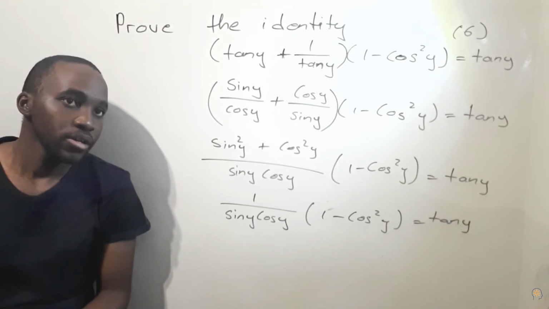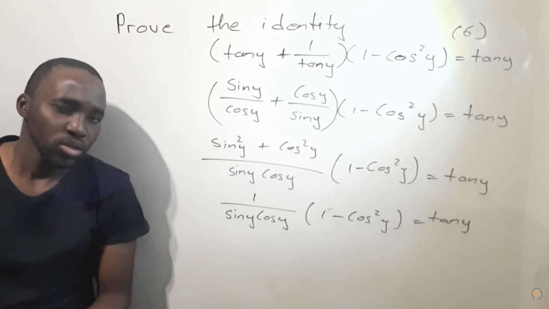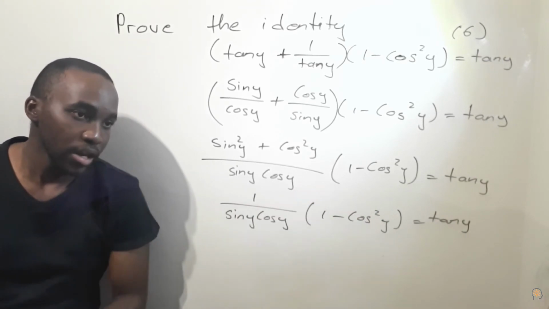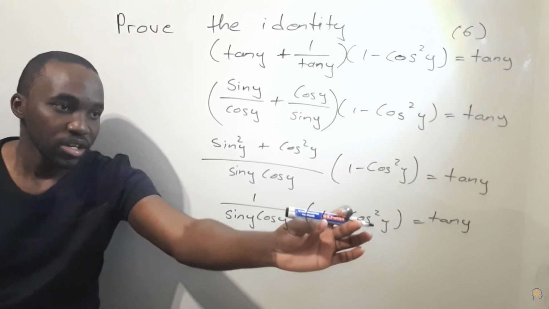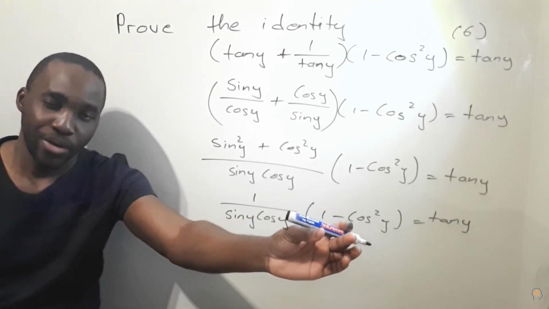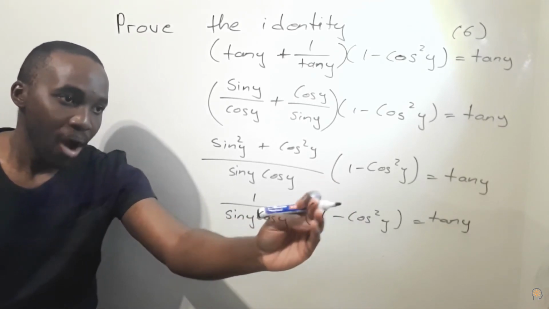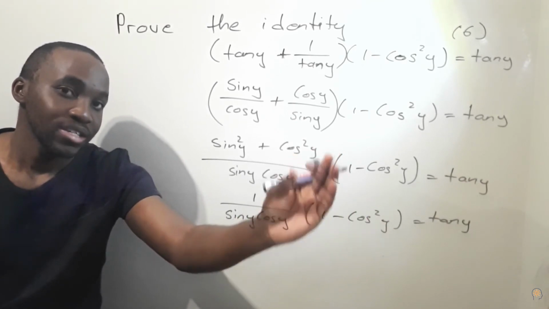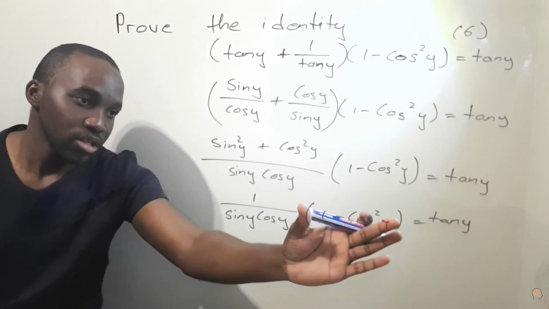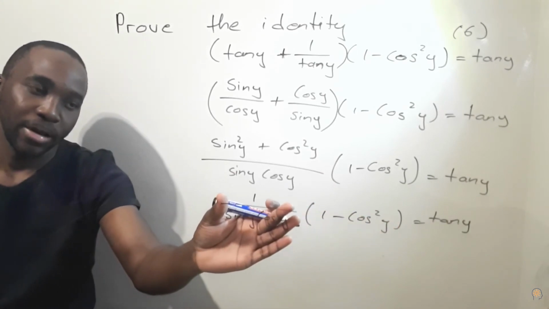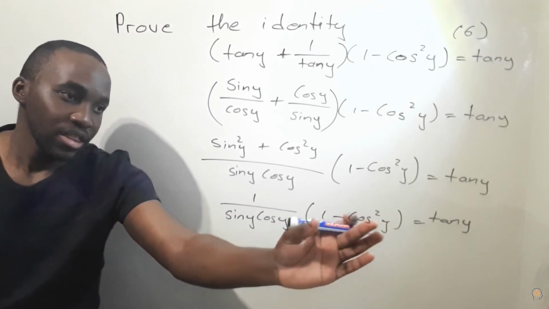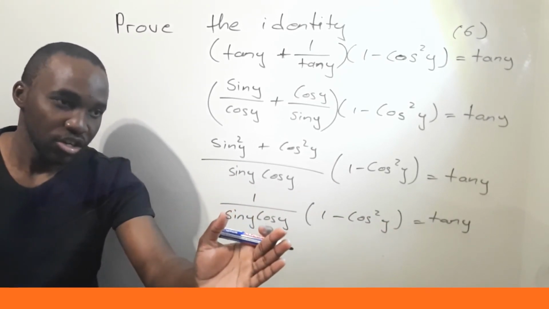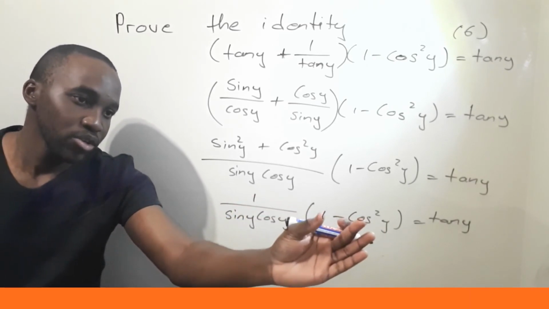Now, at this point, you are a few steps closer to the final answer, or to showing that the left-hand side is equal to the right-hand side. This should also remind you of your square identity, because 1 minus cos squared y is just sine squared y. So we're multiplying this value by that value, and this is technically over 1. Here, it is just a normal fraction. So here, what we are going to end up with is